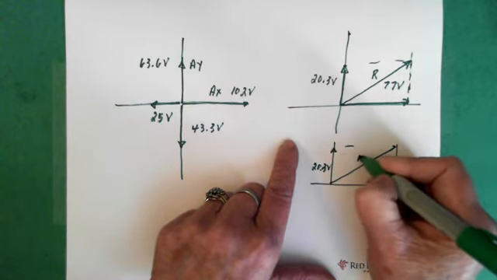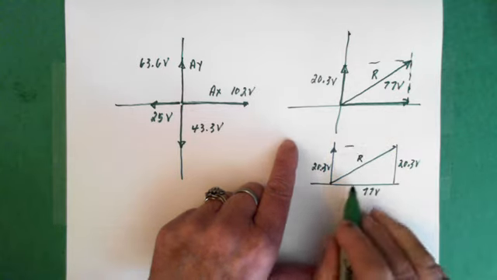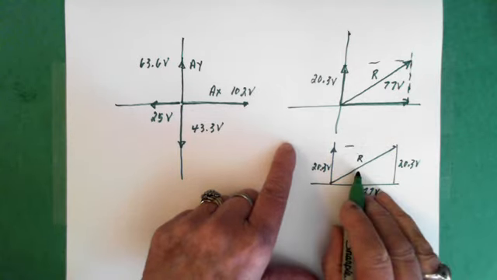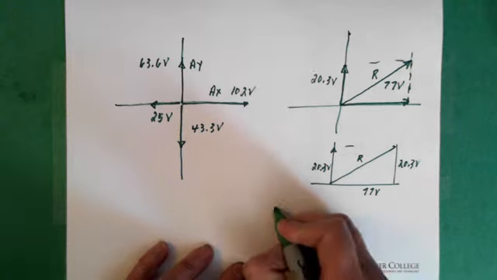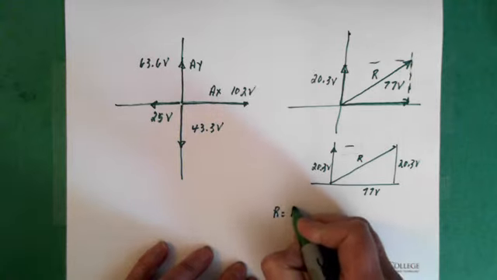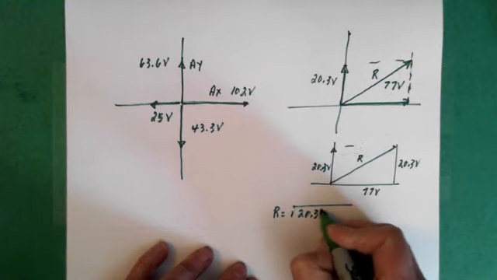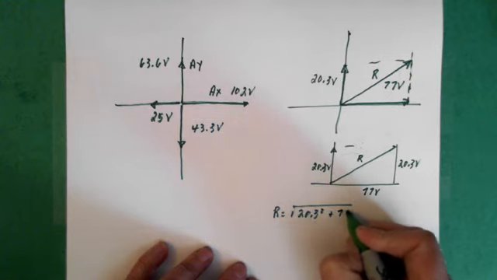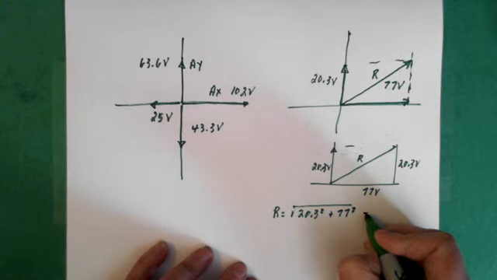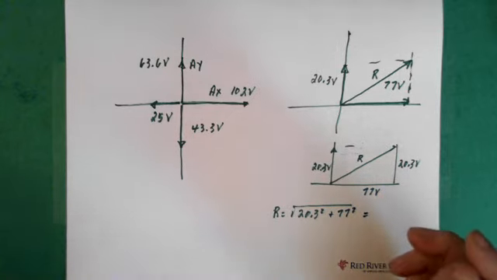And this is our resultant. So we can use Pythagoras in order to solve for the resultant. So the resultant then is the square root of 20.3 squared plus 77 squared, which equals,